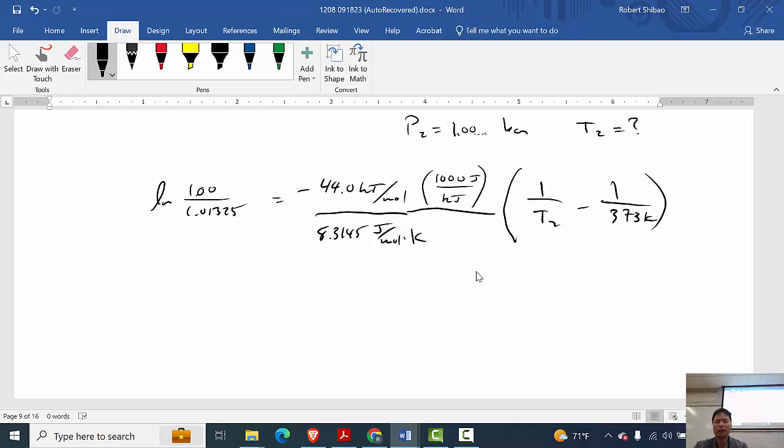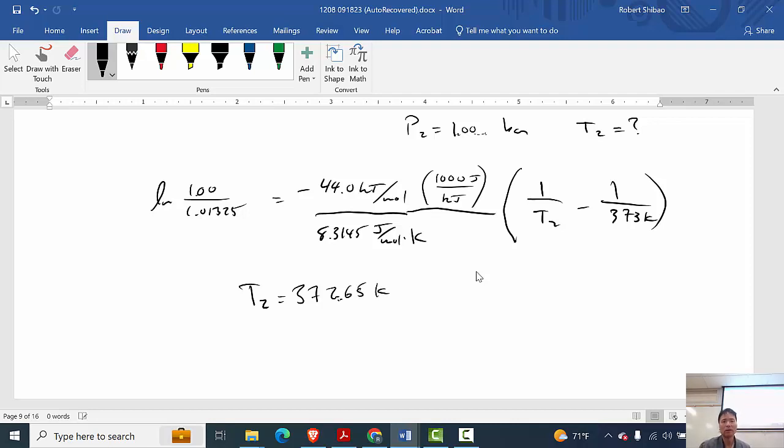Then equals, and then I'm going to invert my answer to get this. And so I got a T2 equal to 372.65